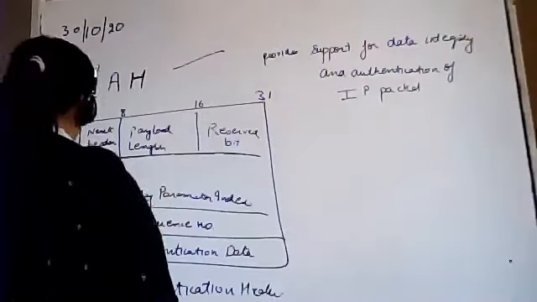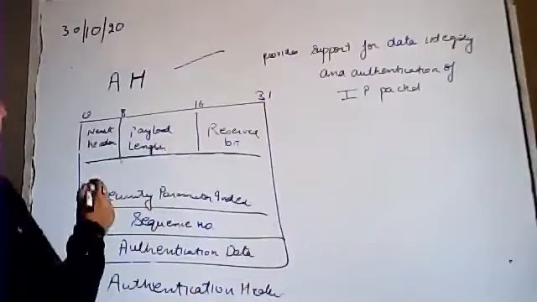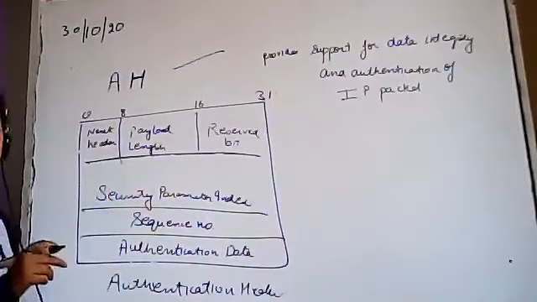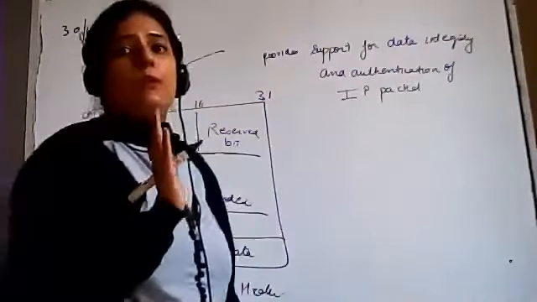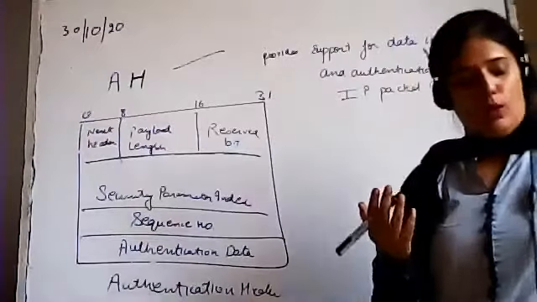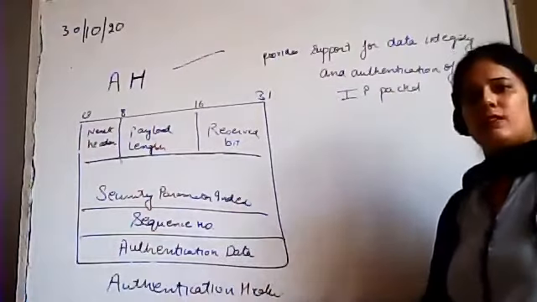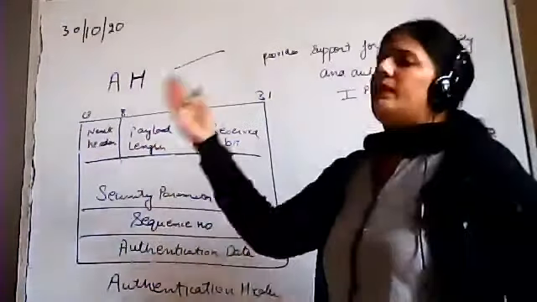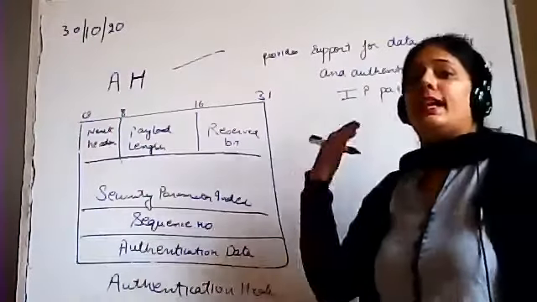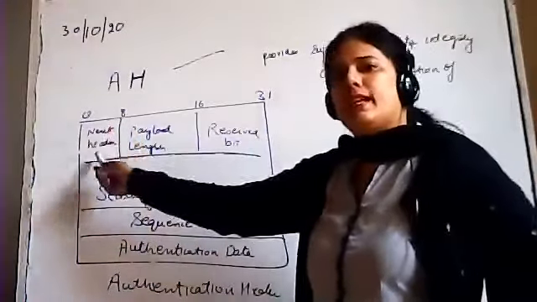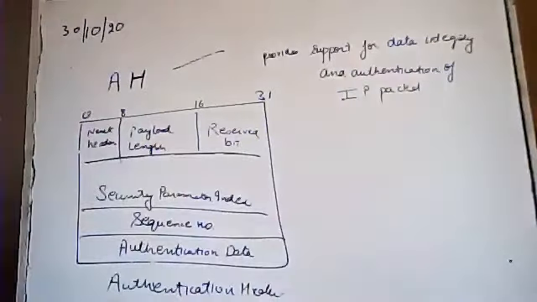Okay, so the very first thing is the next header. This next header is 8 bits. It identifies the type of header immediately following this particular header. It is an 8-bit component that tells you which header will follow after this header format. If you are using this AH part, what next header you will be receiving after the completion of this part belongs to this next header.